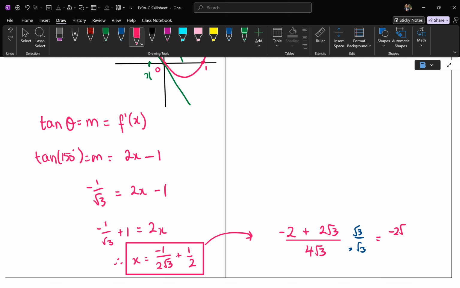And that gives you negative 2 root 3, root 3 times root 3 is 3, so plus 6, all over 4 times 3, which is 12. That could be a better answer. Negative 6 becomes a multiplier. Anyone need explanations on the steps I just did? I skipped a few. So 18 on 9 is